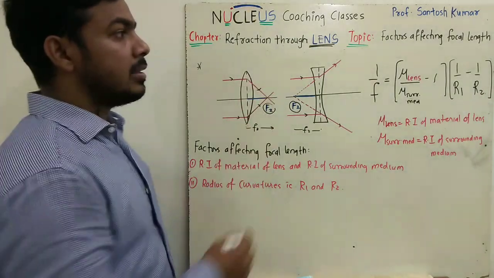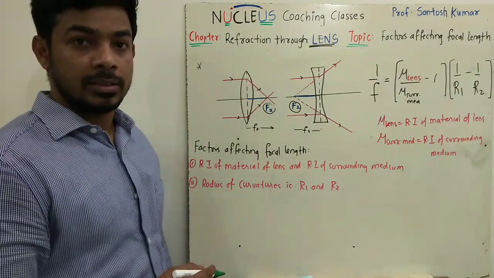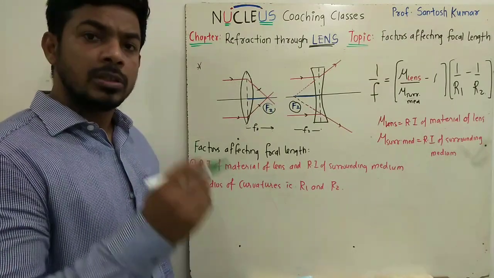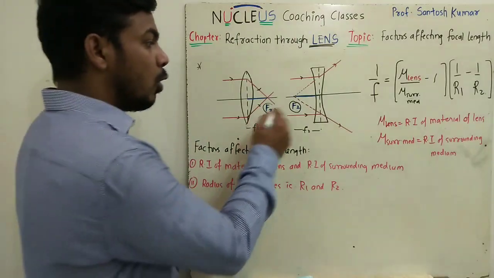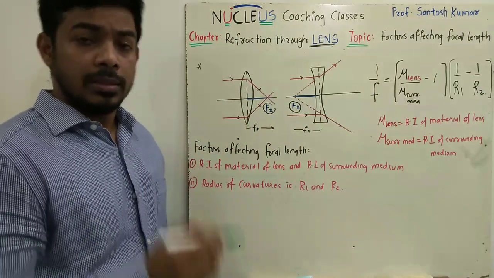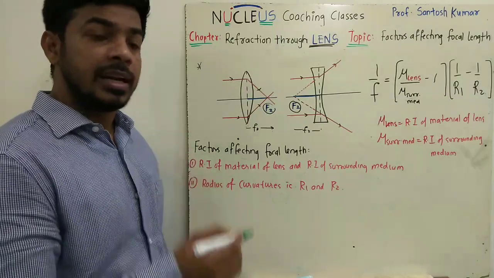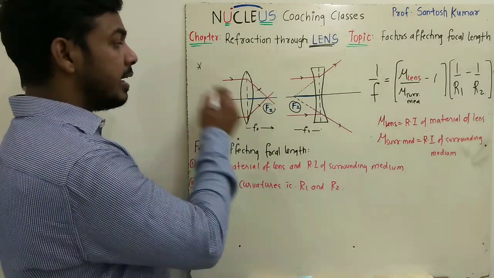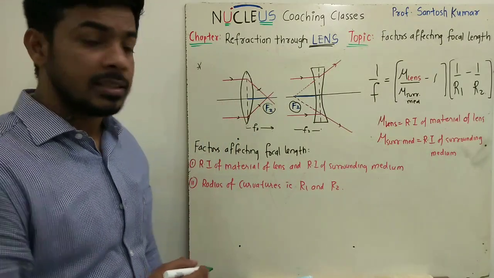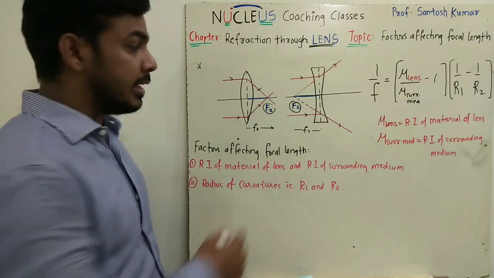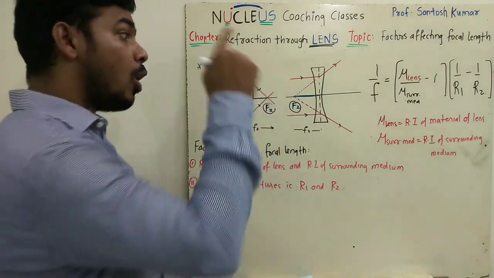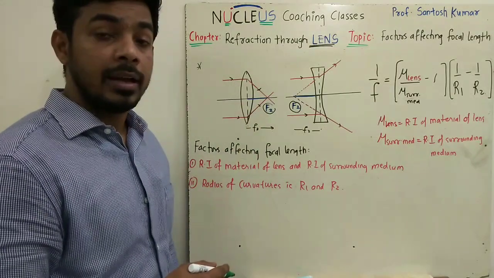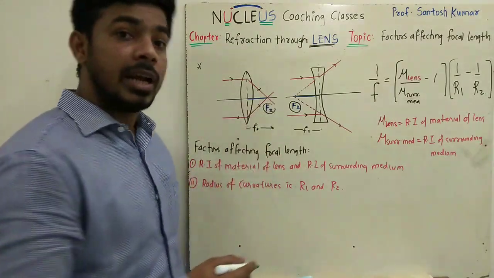Now we will learn the factors affecting the focal length of a lens. One more important thing I am going to tell you is that whenever we talk about principal focus of a lens, it will always be f2. The reason is that in our syllabus, the incident rays are always traveling parallel to the principal axis. So after refraction from a convex lens, they will meet at a point, or after refraction from a concave lens, they will appear to be diverging from a point, and by definition that point is nothing but f2.